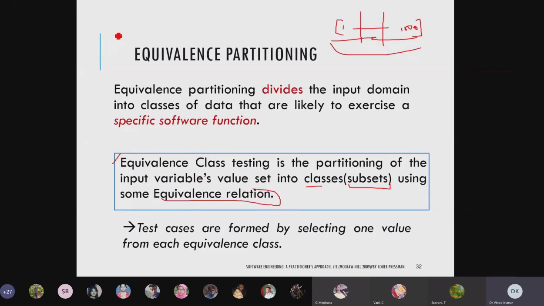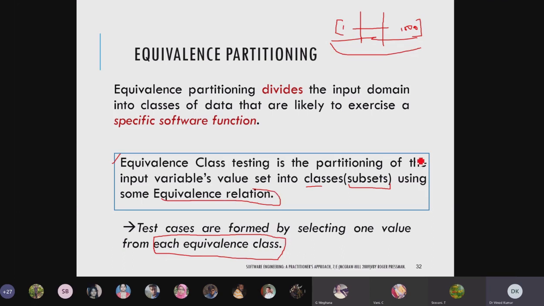Based on the relation among the inputs, you partition the input domain into subclasses. Then test cases are formed by selecting one value from each equivalence class. So it will reduce your work drastically.